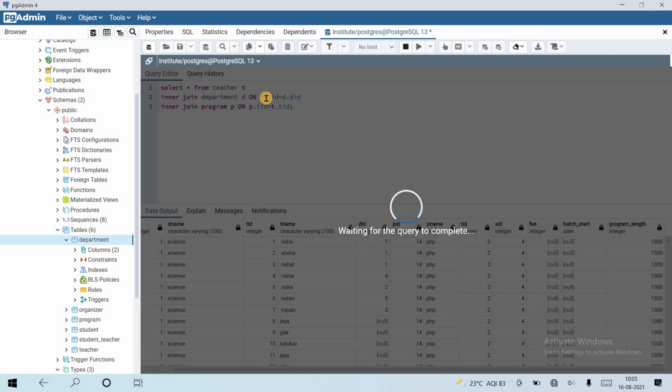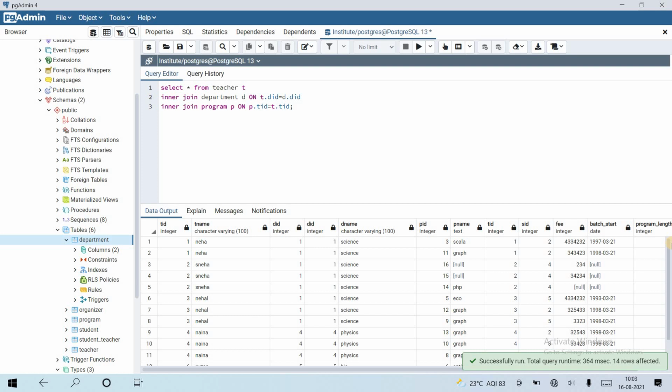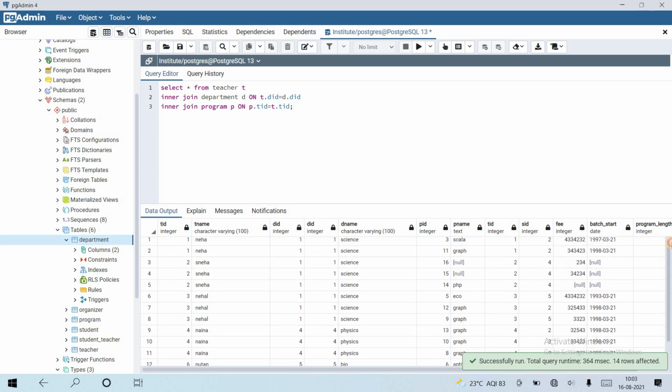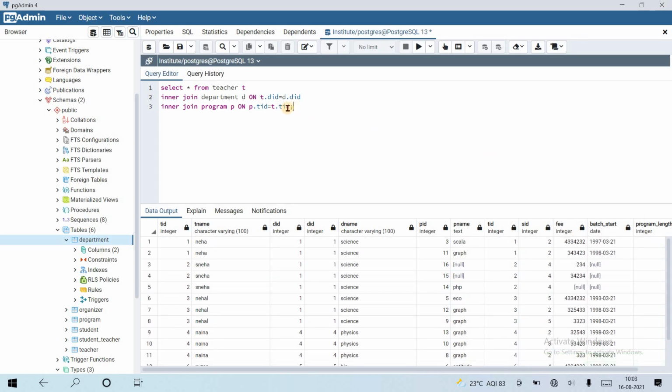Let's run the query. It fetched the result. You can see that only 14 records matched across the 3 tables. There is no effect if I use T.TID first and P.TID after, it fetched the same result, so there is no need to alter the order.